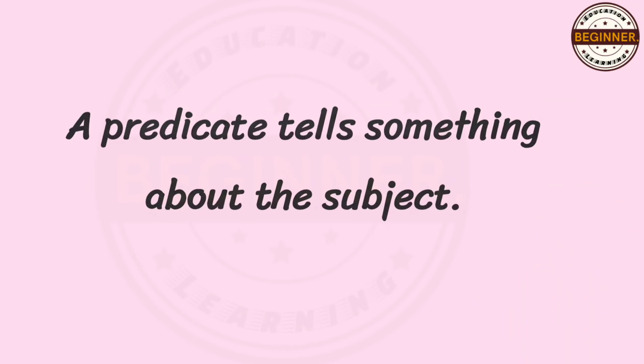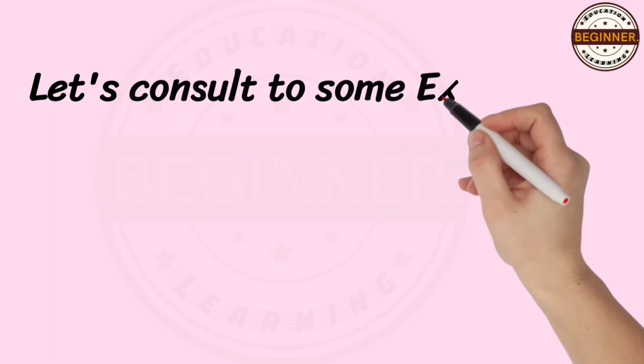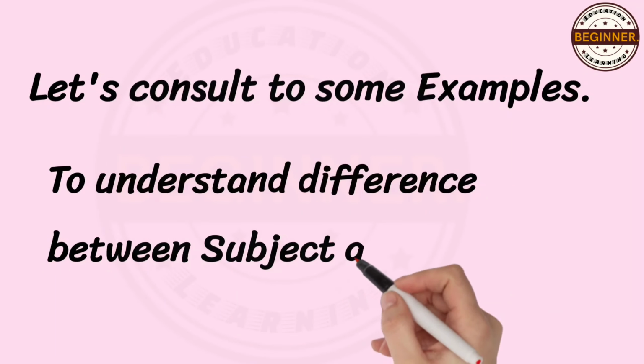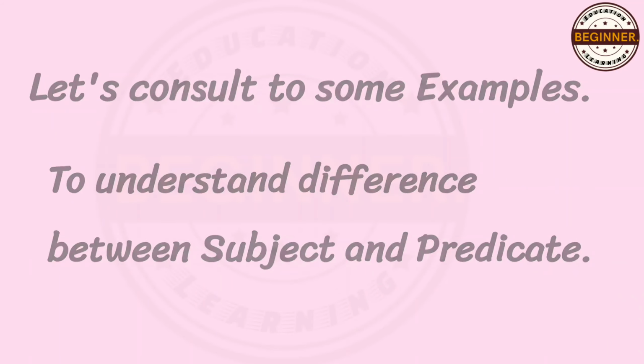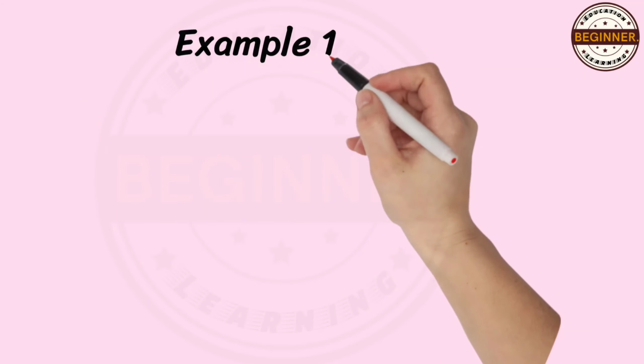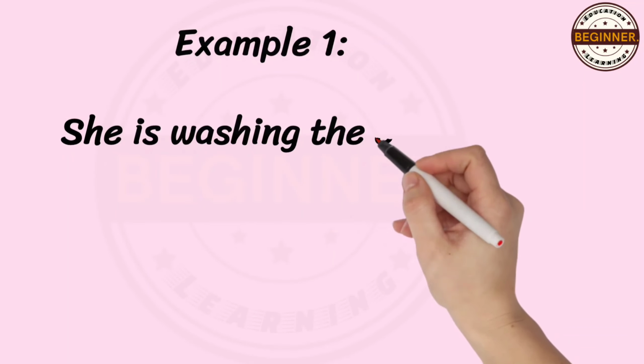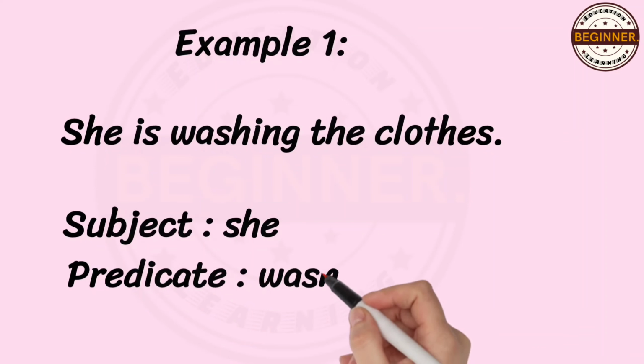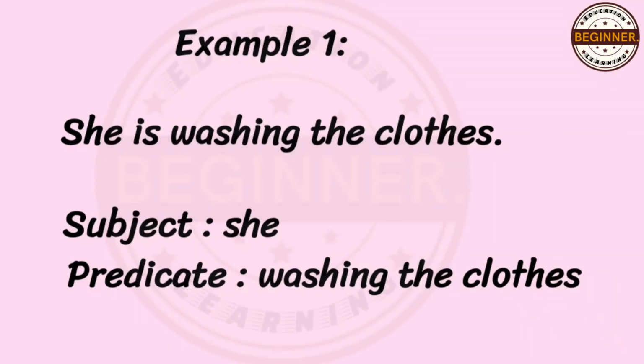Dear students, let's consider some examples to further differentiate between subject and predicate. Example number one, she is washing the clothes. Here, she is the subject and washing the clothes is the predicate. She is what the sentence is all about, and washing the clothes is the predicate, which tells about the subject,